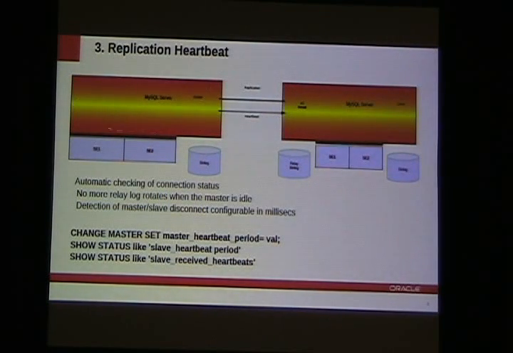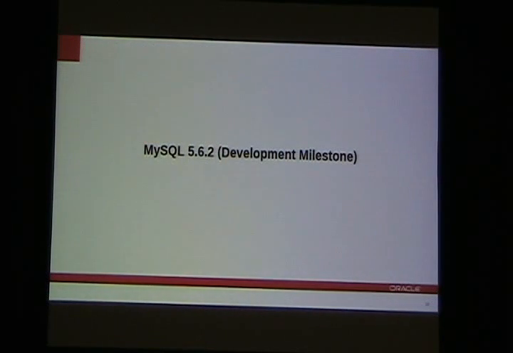Replication heartbeating is that if the master is not doing anything for a while, then it's instead sending heartbeat events. So the slave always knows that the master is connected. So that's also a very brief summary of the replication features in